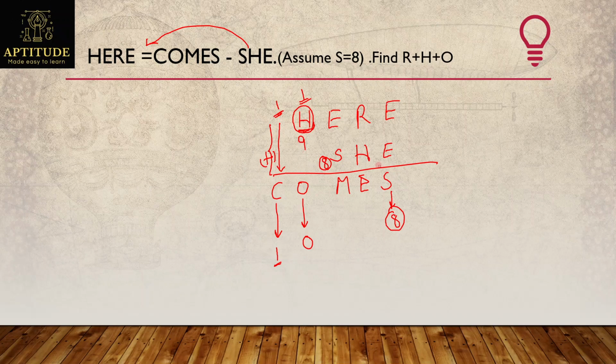Now we got some values here and they gave a hint S value should be 8. And observe this here, E plus E is giving 8. Then what will be the possible values for E? Either 4 or, sorry, 9. Either 4 or else 9 is possible for E. But I cannot take 9. Why? Because 9 is taken by H. So which means E value should be 4 definitely. Then 4 plus 4 will become 8.